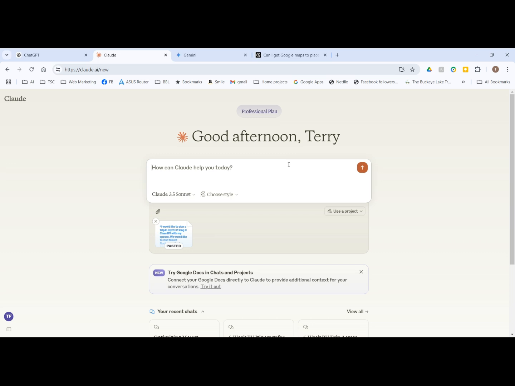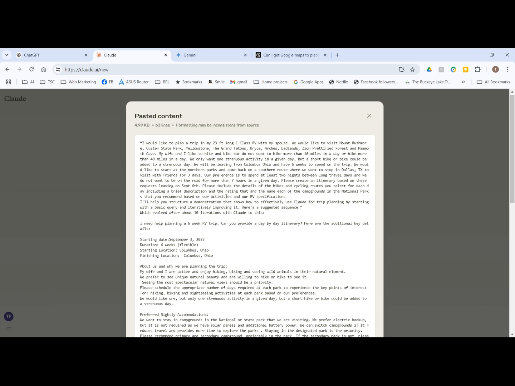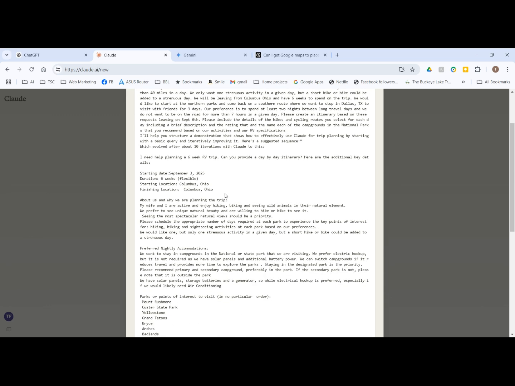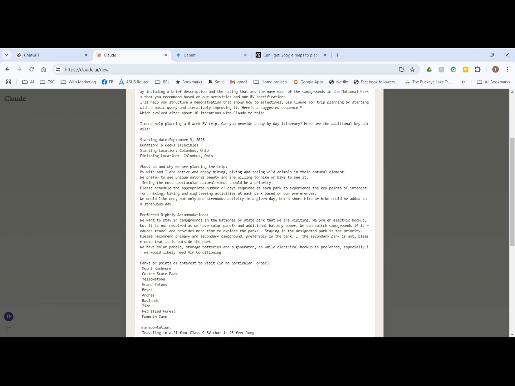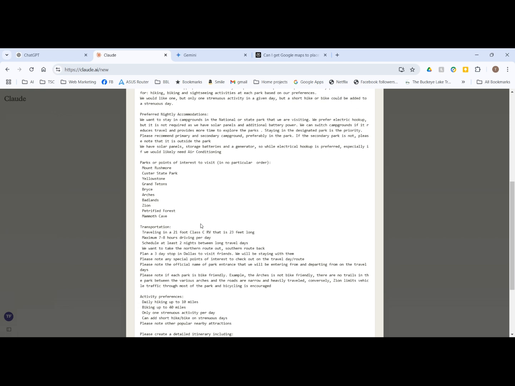So that's what I've done here. I have pasted in our very detailed request. In the process of creating a Word document, we also laid it out in more of a template-like form. So we have our start date, our duration, where we're starting, where we're finishing, something about us and what we prefer to do, our preferred nightly accommodations, the parks that we want to go to, and other points of interest,